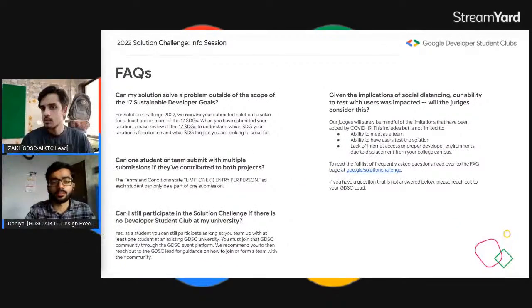Even though we have covered a lot of things until now, there are various possibilities that you may still have some doubts in a corner of your mind. So I am here to quickly go through the frequently asked questions and clear all the doubts. The first is, can my solution solve a problem outside the scope of the 17 Sustainable Development Goals?